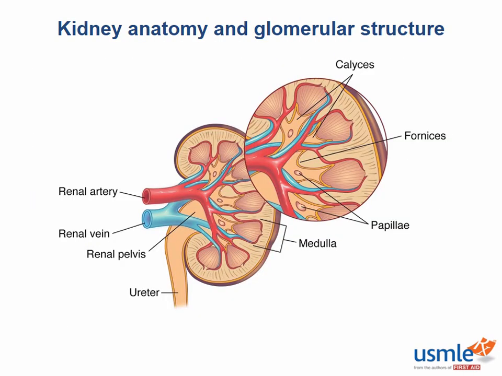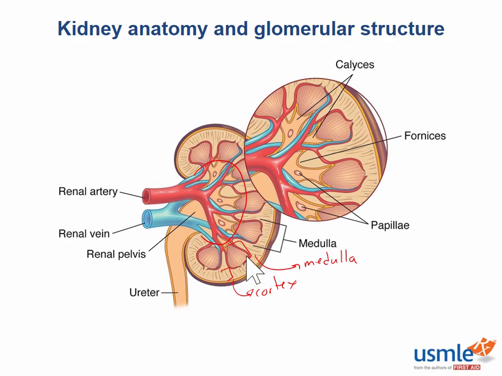On cross-section, the kidney can be split up into a cortex, a medulla, and a collecting system. So let's briefly run through that here with some drawings. The cortex is actually just the outer little portion here. The medulla is right inside it, and the collecting system is the most inner part here. The medulla consists of the renal pyramids and columns, while the renal cortex consists of the parenchyma that's above the